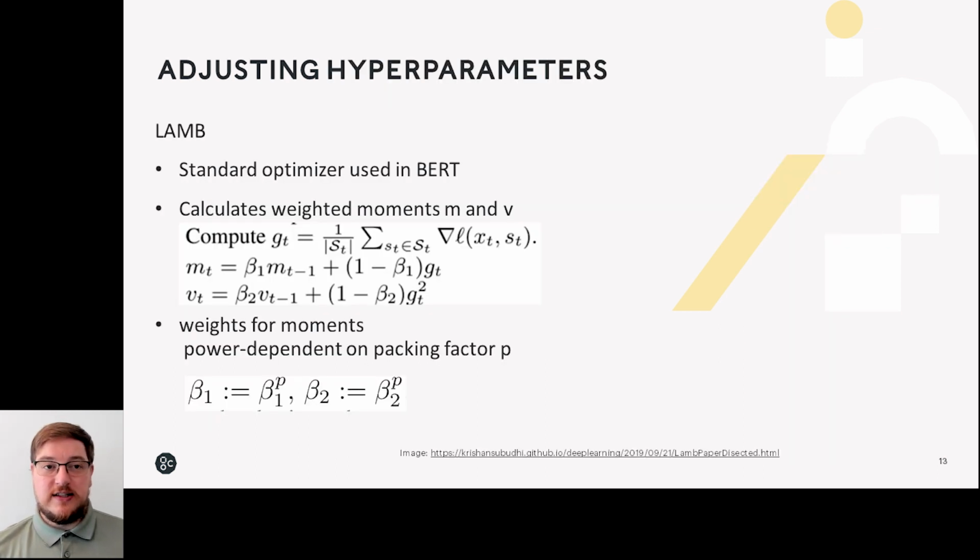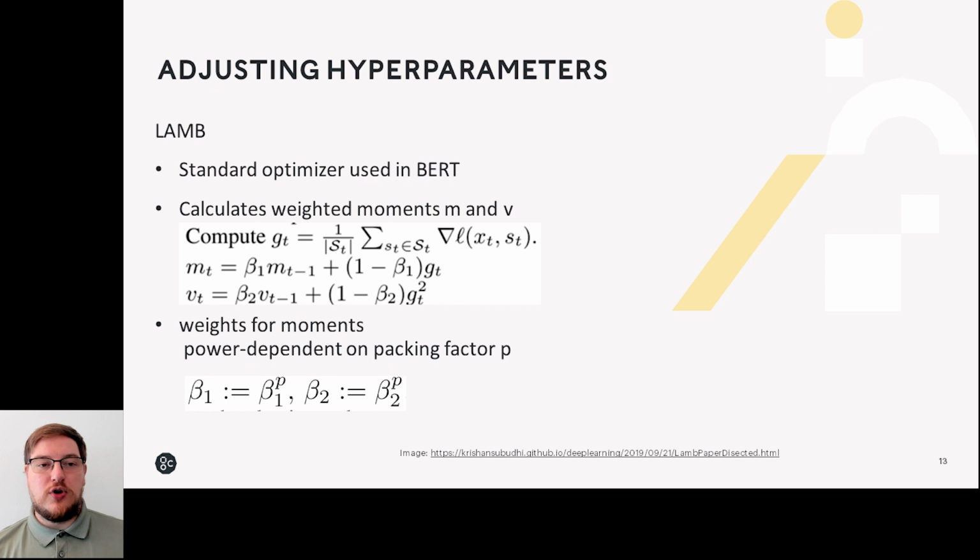Last but not least, we have to adjust the hyperparameters. There are 2 main hyperparameters we have to look at. The first one is the learning rate. We realized that adjusting the learning rate didn't help us, so we're keeping the learning rate as is. However,